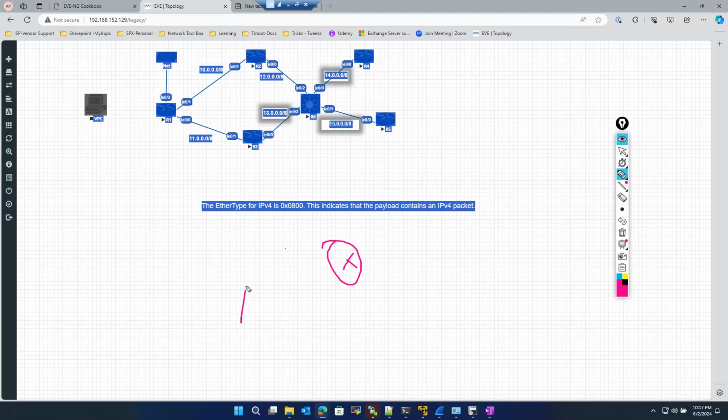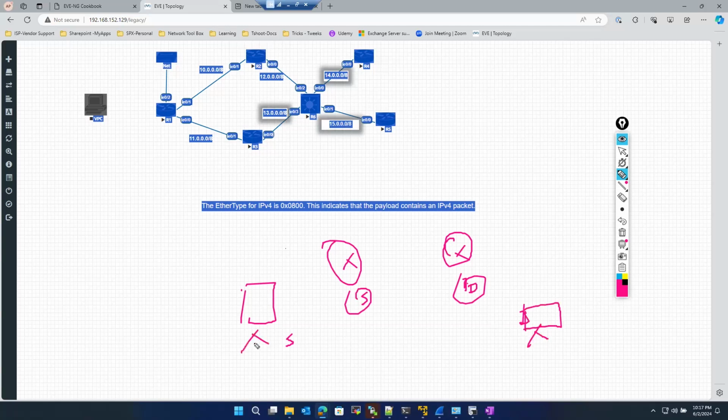So you have your PC or any source, and this is your destination. This is the source, and this is your destination here. Over here, you have a computer. So when this device sends an ARP request,